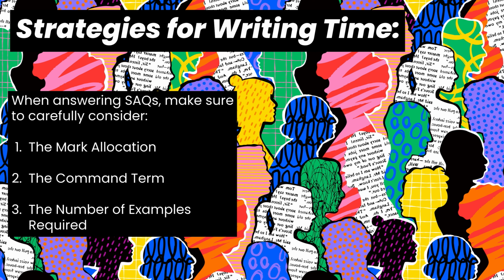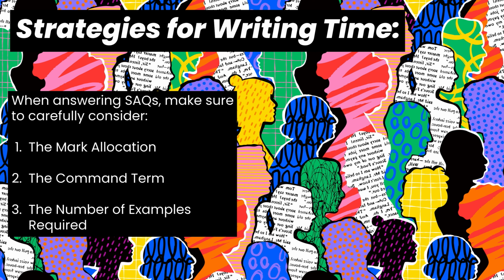And what's even more heartbreaking is when students have done this and they've written 3 examples and the first one is accurate and correct and detailed and nuanced, but the second one is incorrect and the third one is correct. Unfortunately, teachers can only mark the first and second example because the question has only asked for 2 examples. So make sure that you're never providing more detail than a short answer question asks of you.